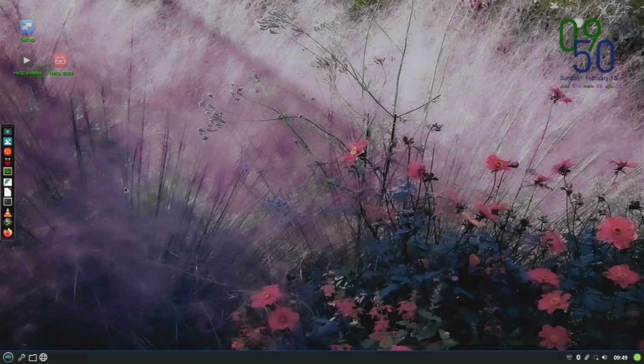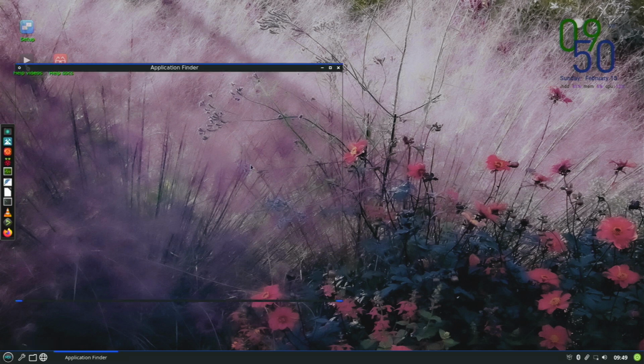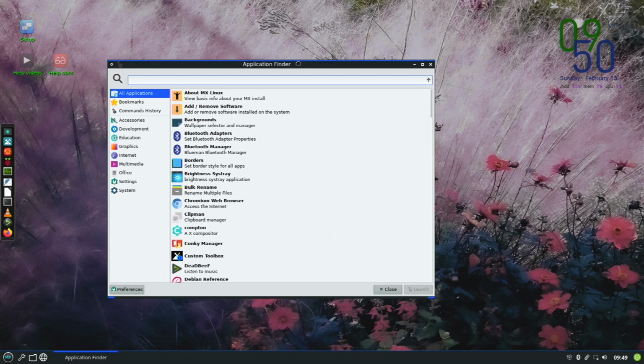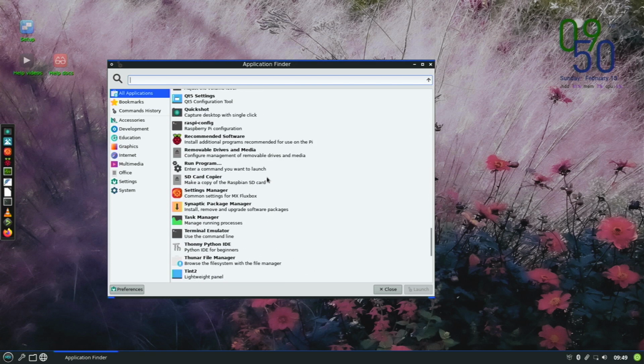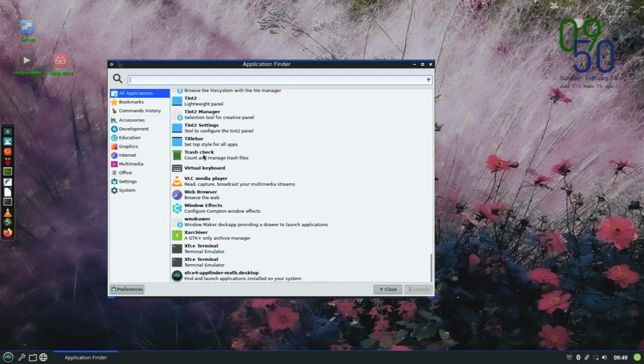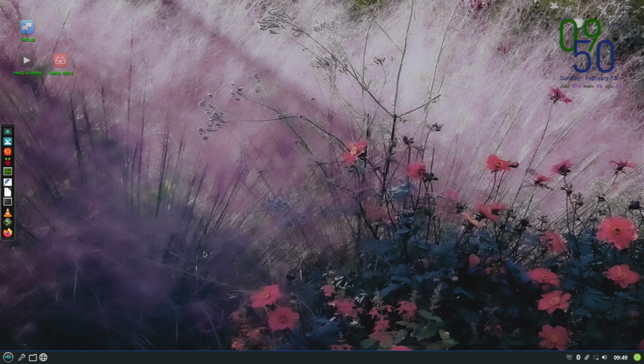So there is kind of a different layout right here. We have a dock over here, and then there is a menu right here. It's an app finder. So it's got all the stuff right here, and you can just search for a certain application. Then we have some other tools right here. So we have the settings